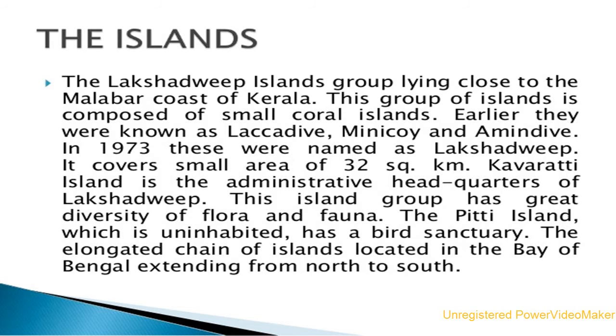Now the Lakshadweep Islands. They are located in the Arabian Sea. It is the smallest union territory of India in terms of area, as they cover only 32 square kilometers. They are formed by coral polyps, which are microscopic species, and are small in size, ring or horseshoe shaped. They are called atolls. So atolls are circular or horseshoe shaped coral reefs.